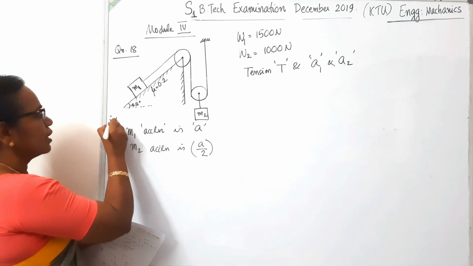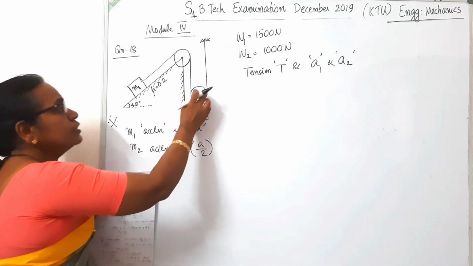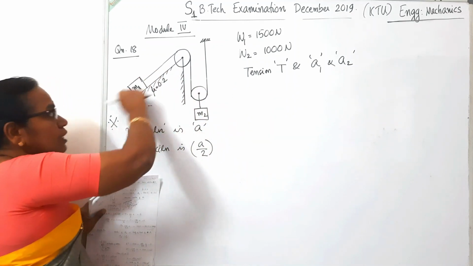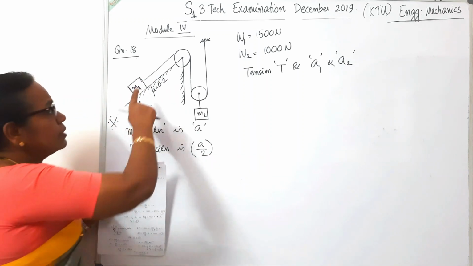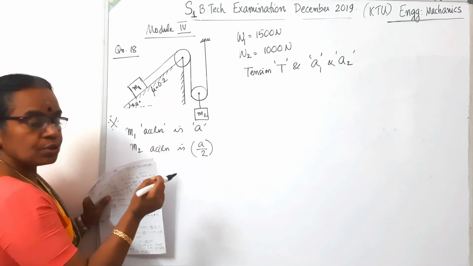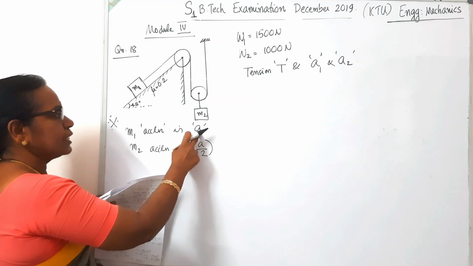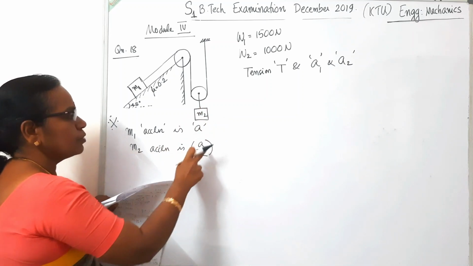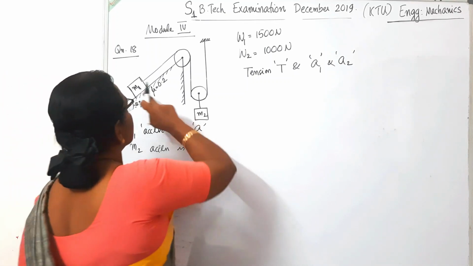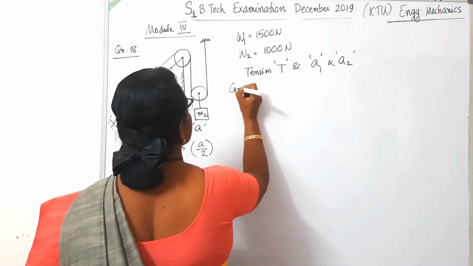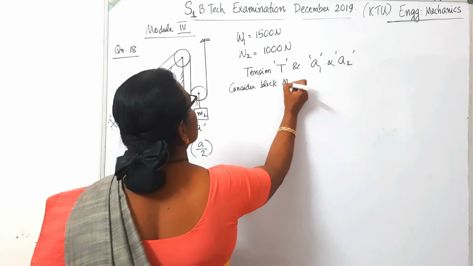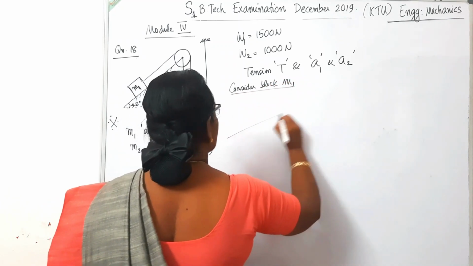First of all, you have to identify that each of these strings gets moving up by half a centimeter. This will come down by 1 centimeter. So the displacement of mass m1 will be twice that of this mass m2. Or we can write acceleration of mass m1, if I take it as A, acceleration of mass m2 will be only half of that. Now let us see the first body. Consider block m1. It is on an inclined plane.